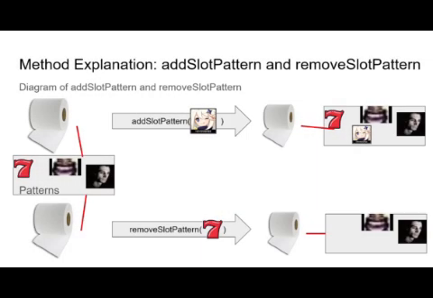As you can see, for my add a slot pattern, I simply add the Genshin Impact logo into my pattern toilet paper roll list thing, meaning now, Genshin will be a rollable object, changing the amount of patterns from 3 to 4. And the remove a slot pattern method is set to remove the lucky 7 icon from my pattern toilet paper roll, meaning it will not be a rollable option, changing the amount of patterns in the toilet paper roll from 3 to 2.